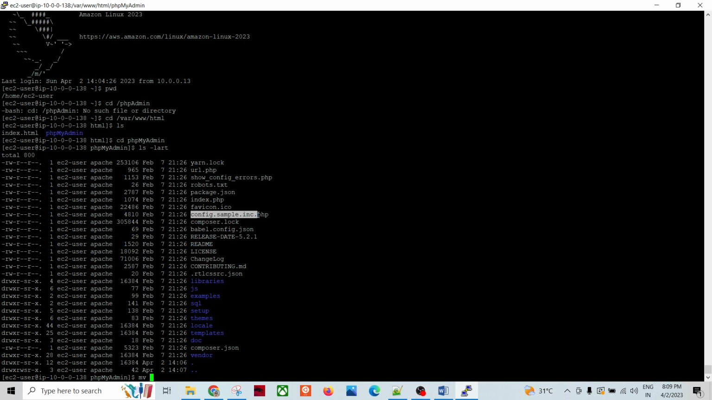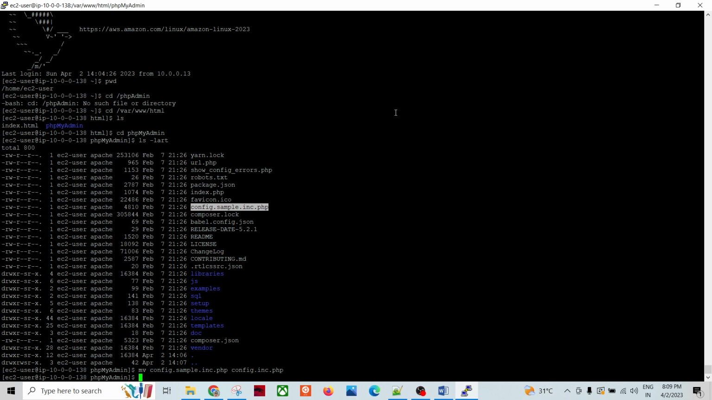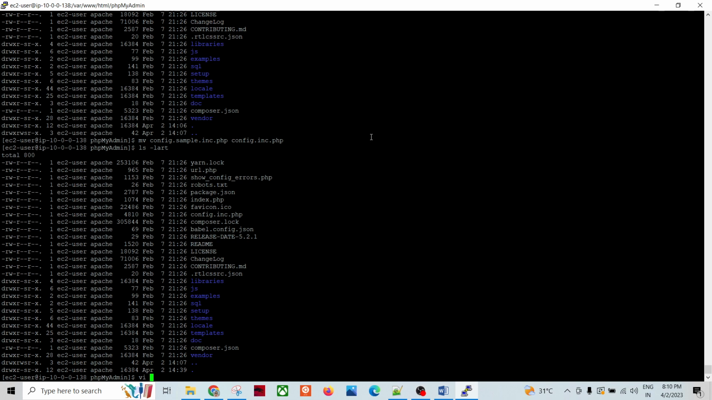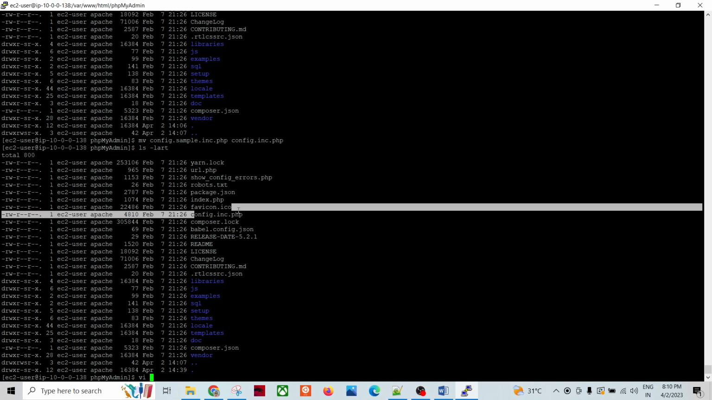config.sample.inc.php. You need to rename this basically. You need to remove the sample part. You need to rename it, and then you will see this file, right? So you modify this file, config.inc.php,